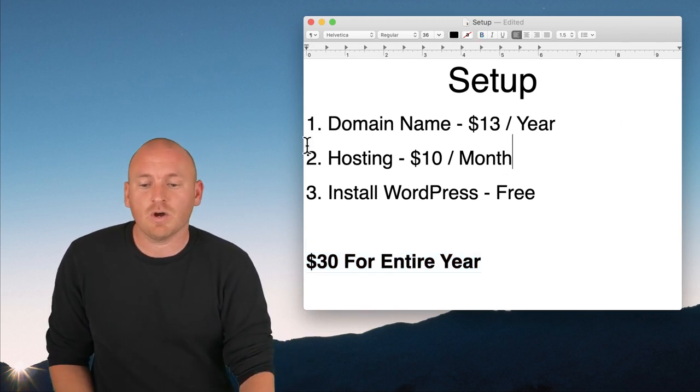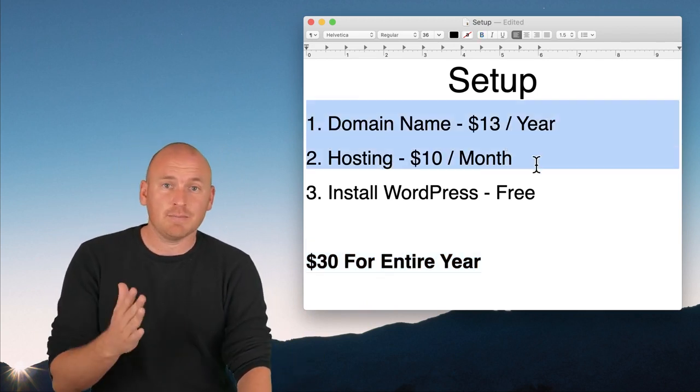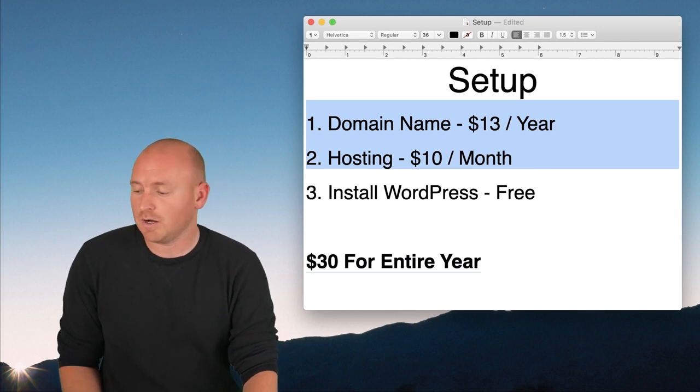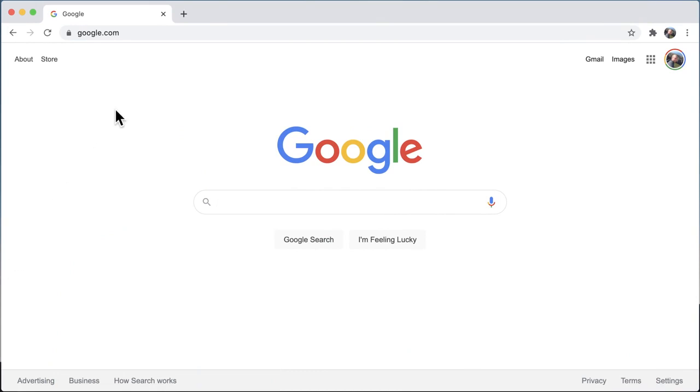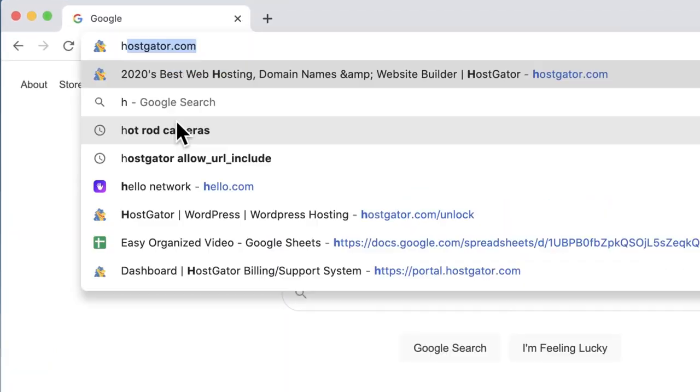We can get your domain name and hosting at the same place, which is hostgator.com. So all we have to do is open up our browser and go to hostgator.com. So that's